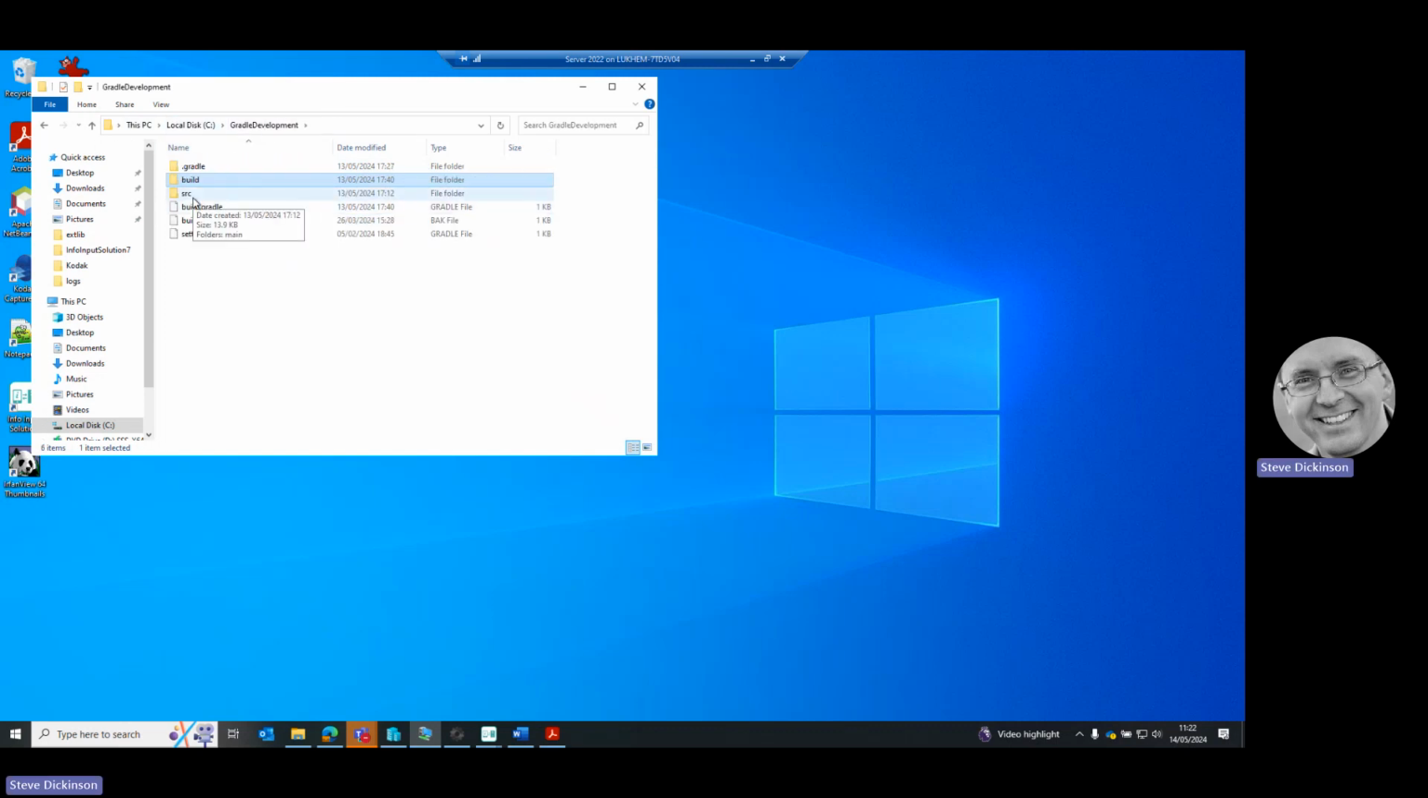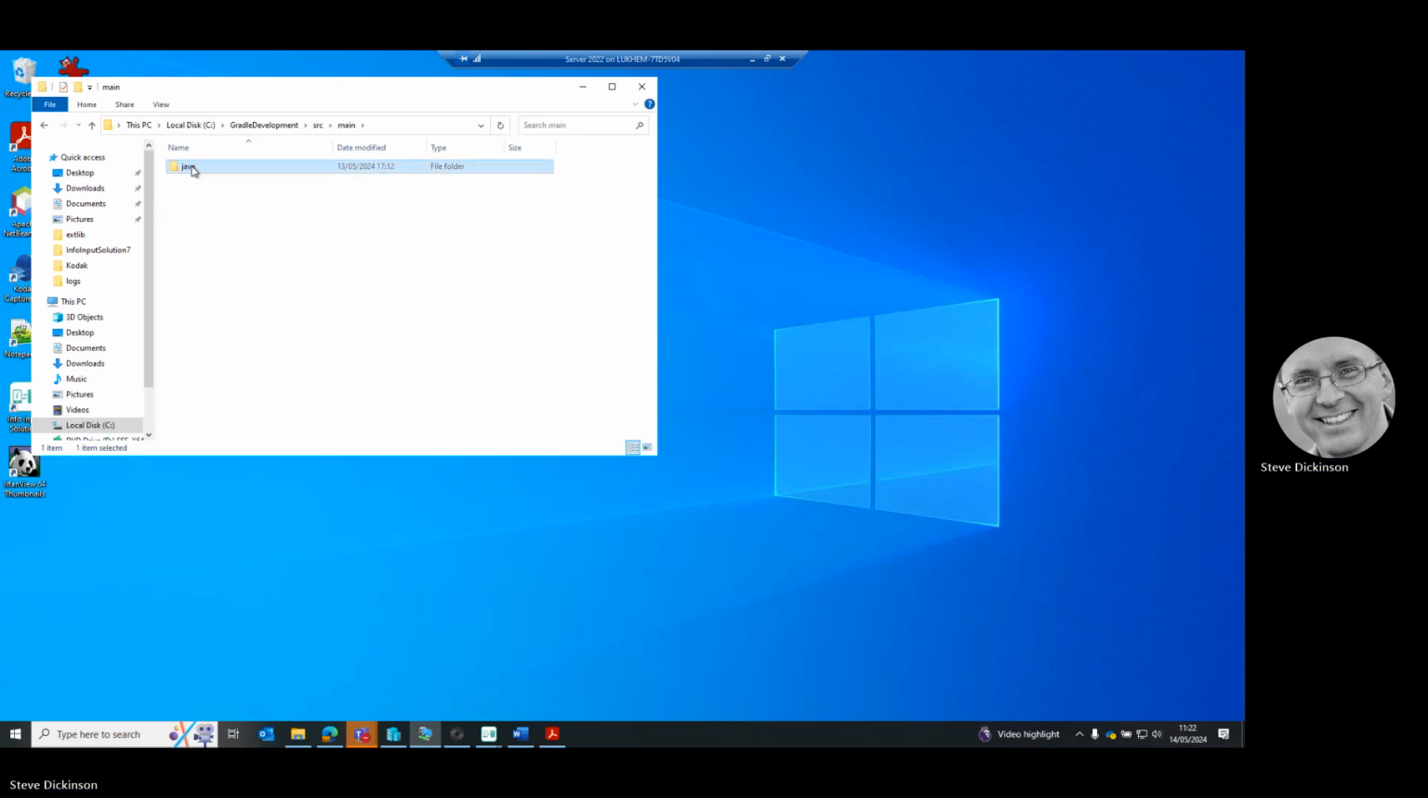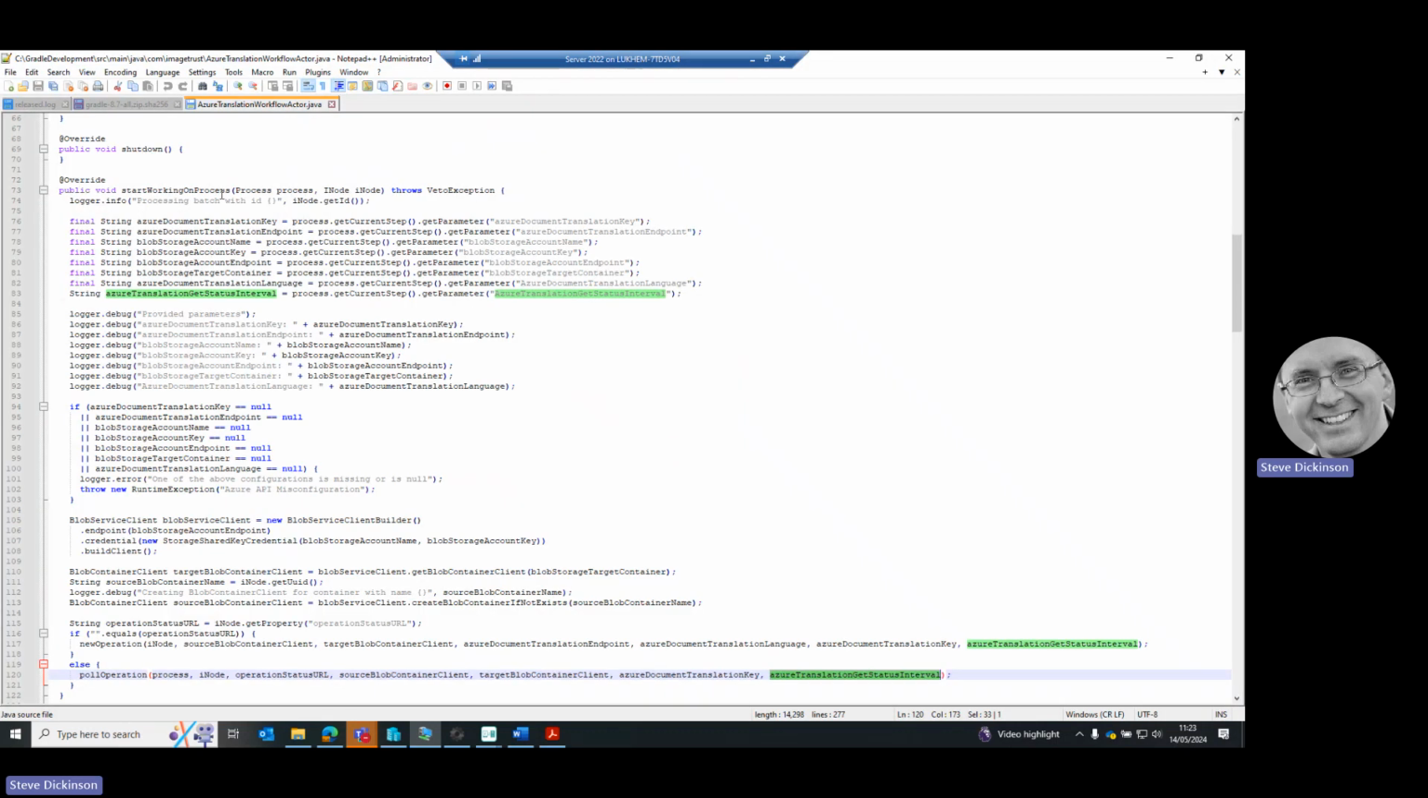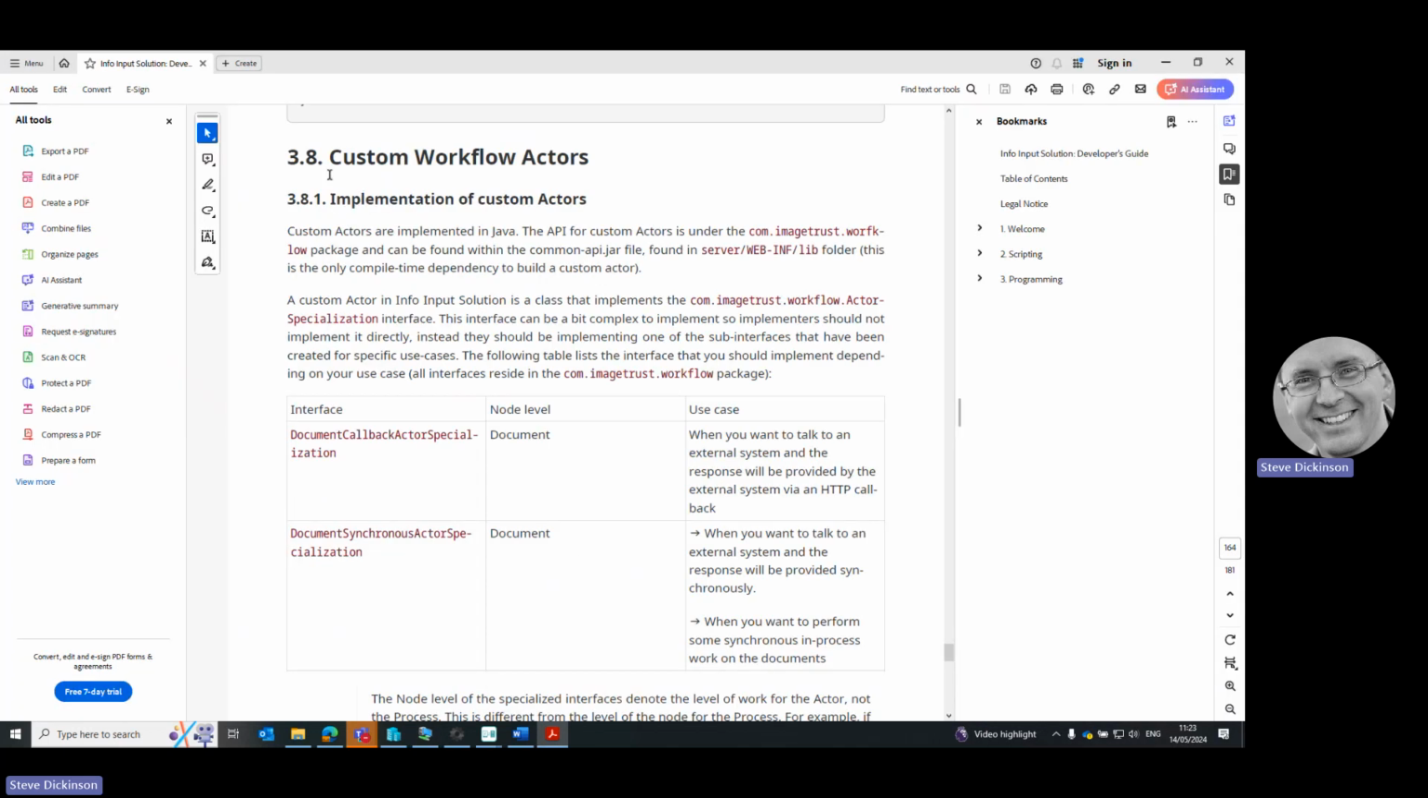And if I look at the actual code, this is the source code for doing the API calls to Azure for the translation service. And you can use these functions to give an idea of how the API works in conjunction with the developer guide, which is in the Info Input Solution SOC folders, which lists the custom workflow actors section 3.8, and that details how you use the APIs